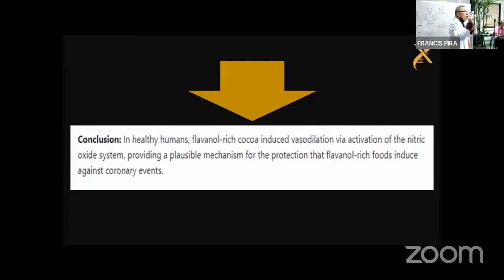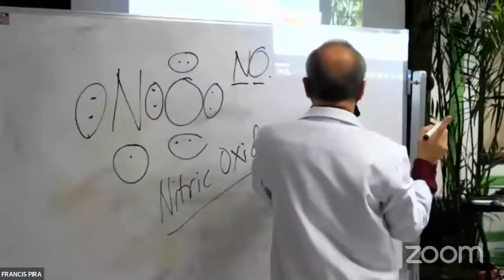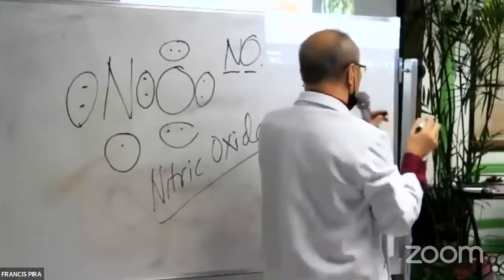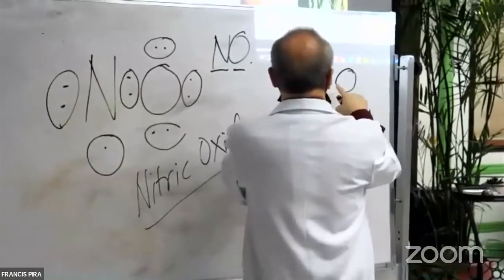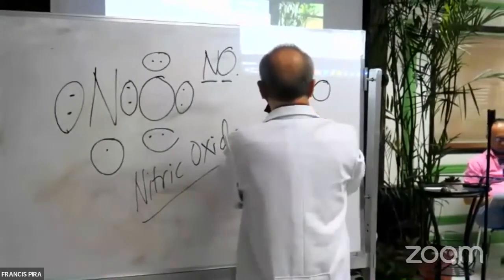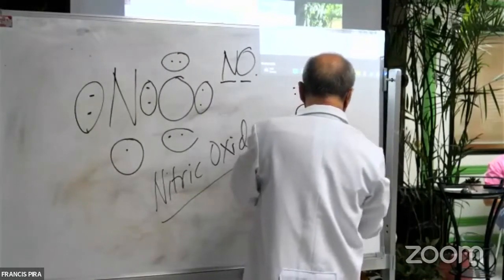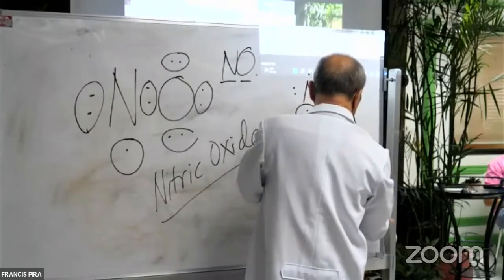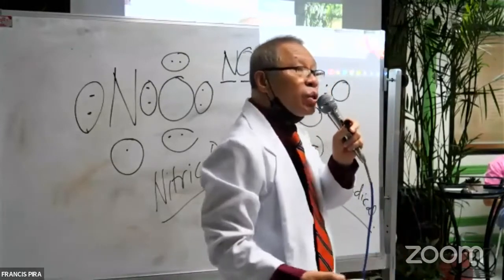The binding capacity of nitrogen is 3, so nitrogen can bind three sides. The binding capacity of oxygen is 2. So if this is your nitric oxide, you have oxygen 1, 2, nitrogen 1, 2, 3, 4, 5, 6. So they have an extra. That's why it is a free radical. So a nitric oxide is also a free radical, but this is a friendly free radical because this is a vasodilator.